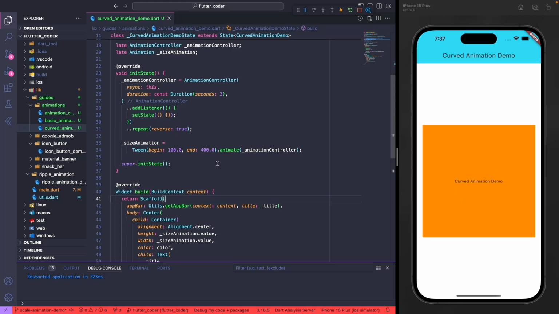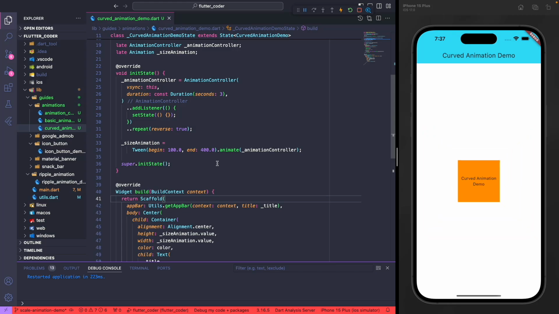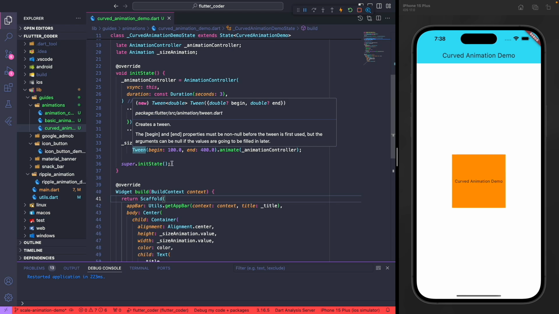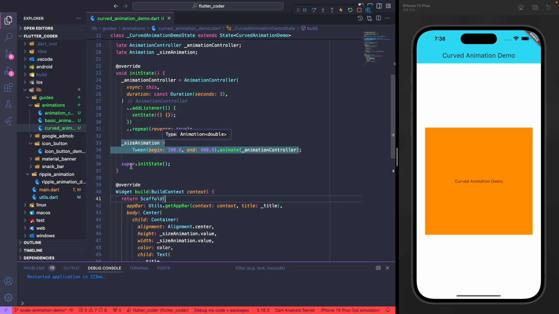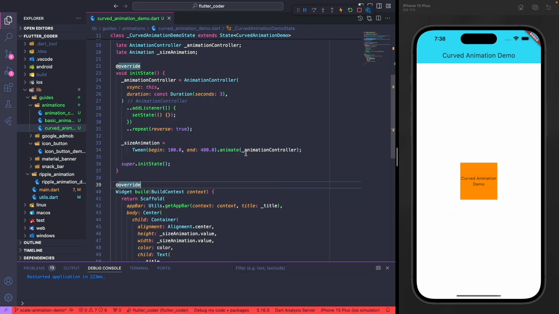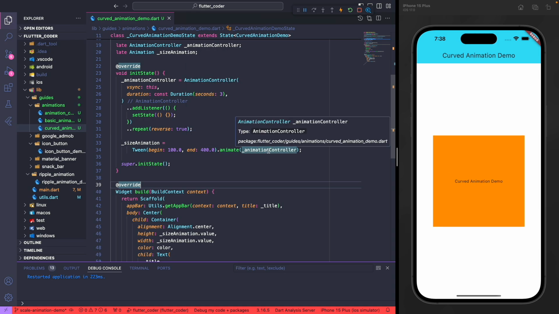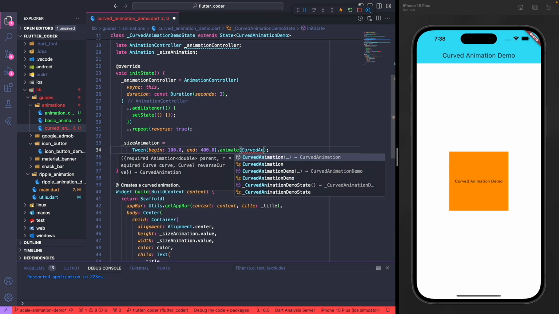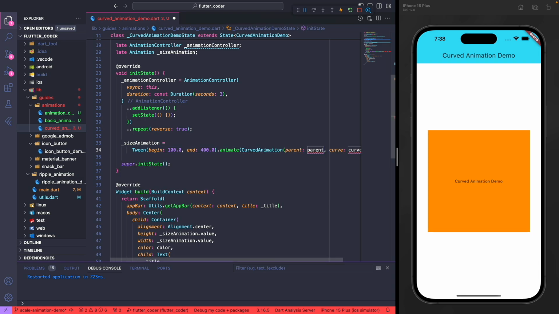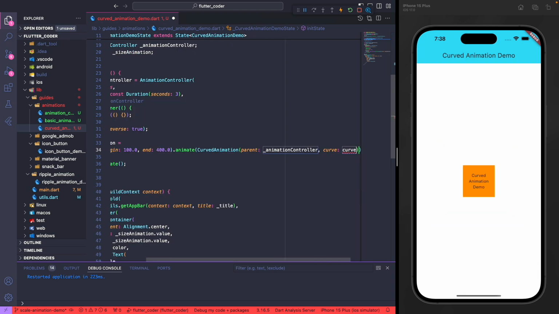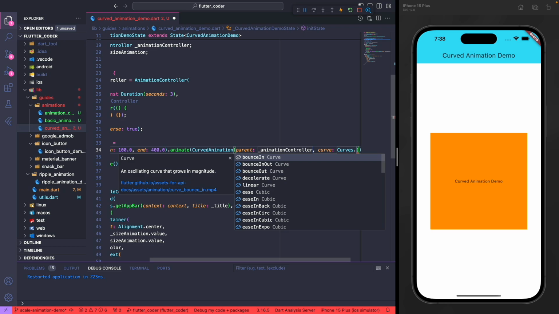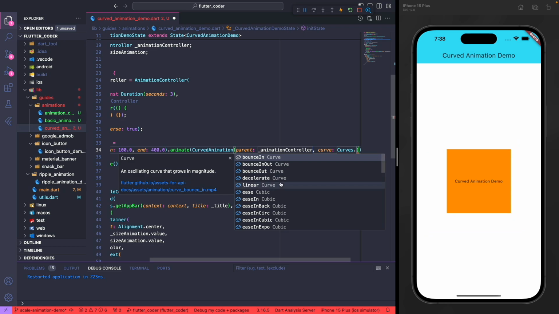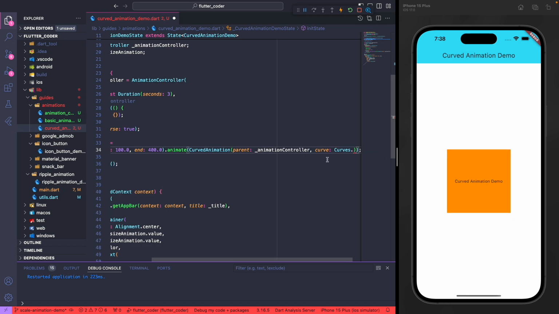Now in this video we are going to see how we can have different interpolation for this animation. For that, we defined the size animation with a particular tween, and we assigned the animation controller as the parent. For that we can assign the curved animation, which will require one parent, that is the animation controller, and which will require the different curves. Now to check out the effects of these curves,